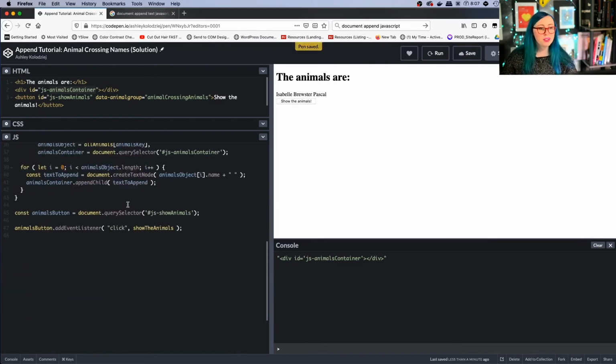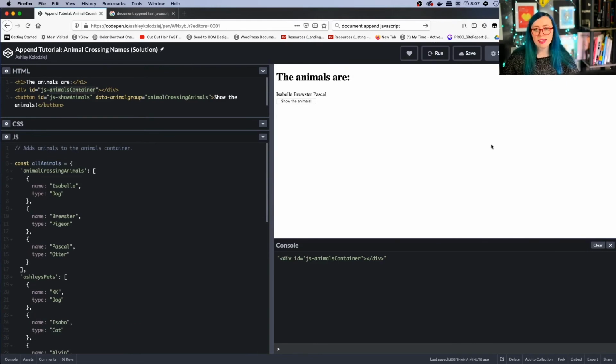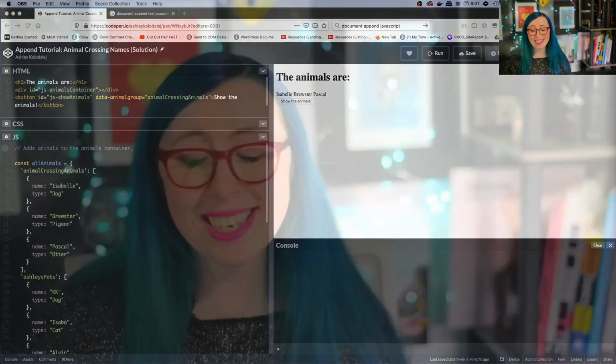All right, so final run. We've cleaned our code up. It looks nice and beautiful. Everything's handy, handy, handy. Gonna run it. And now we're gonna clear the console, show the animals. Oh, perfect. Man, all that just to get 3 little animals to show in an animals container. Amazing. Phew. All right, so that is how you write a function, how you use event listeners,